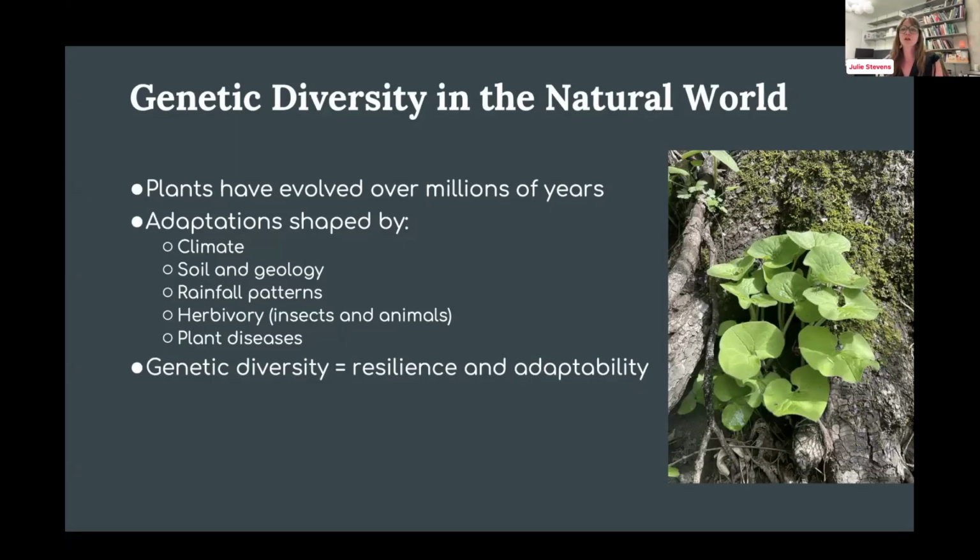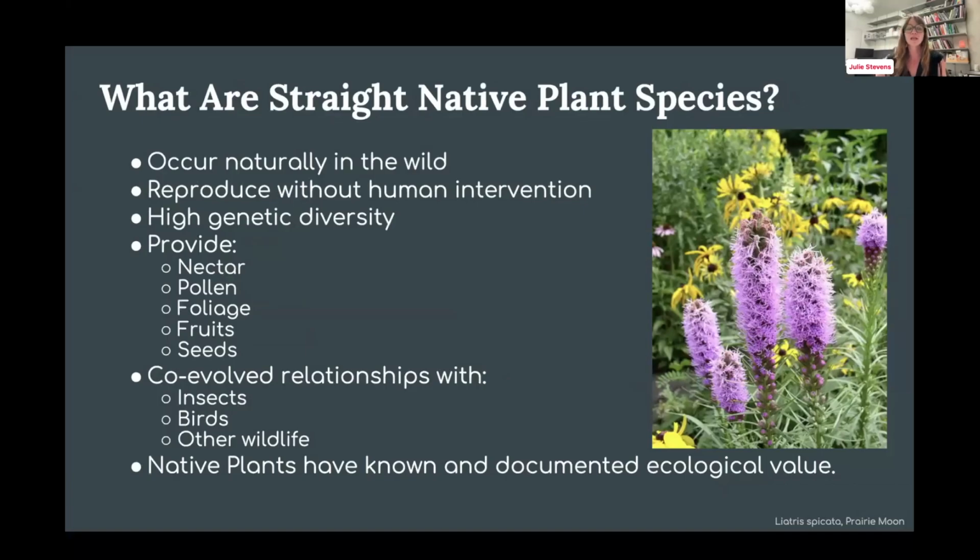But let's first talk about why are we even talking about native plants? Well, because genetic diversity is really important. Because plants evolve and they change and they adapt to the soil conditions, the climate conditions, and they're very, very much evolving with other plants and animals and insect species around them. So that's important. And if you're paying attention to this, you know we have a biodiversity crisis on our hands. So the time and place is now to really think about how we integrate more natives into our landscapes.